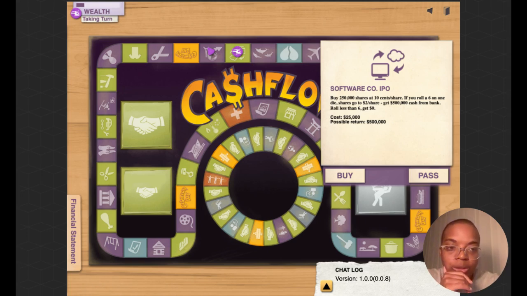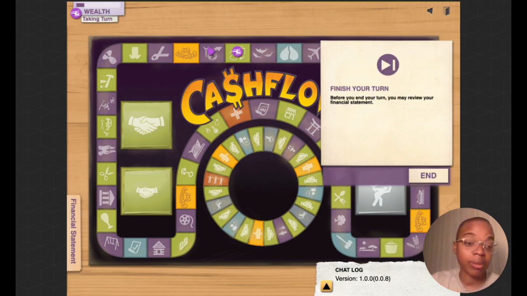So these are one of the cards where it's really kind of like, what is my probability to win? If I need to roll a 6 on one die, that's already like 1 out of 6 chances. And 1 out of 6 chances, what is that? Less than like 18% chance of getting that, which leaves 82% chance of not. My mind is telling me to pass. If I was a bit of a gambler, I'd probably buy it. I'm going to pass on this right now. But if it comes up again, I might just take the risk. We'll see.